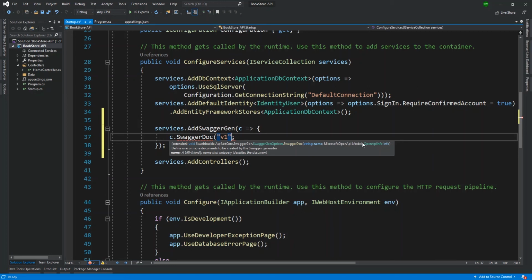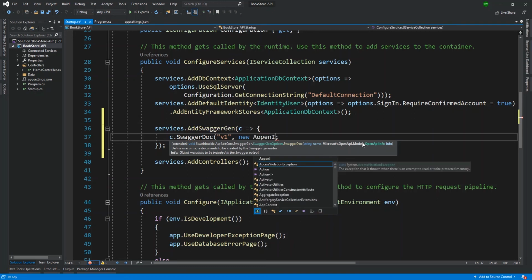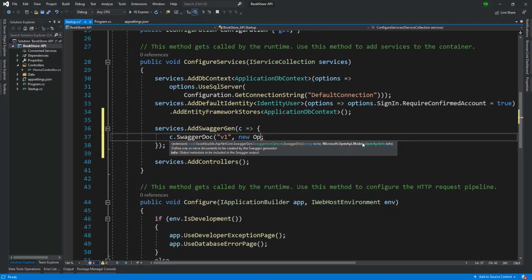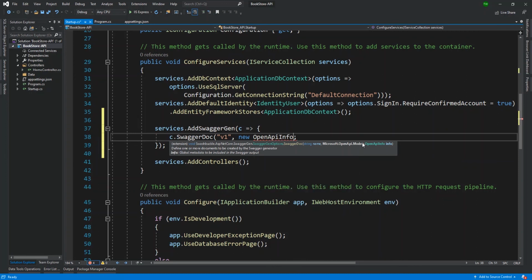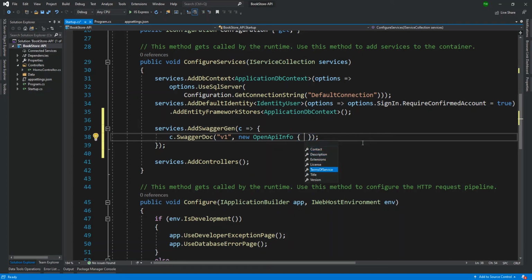So I have V1, and then I'm going to say new open API info. Sorry, little typo there. Open API info, right? And then this is a new open API info object, but I'm just going to initialize it here. And then inside of that, let me just close this parenthesis at the end, right? Inside of open API info, these are the data points. I just did control and space, and it's showing me all the data points that I'm allowed to fill out